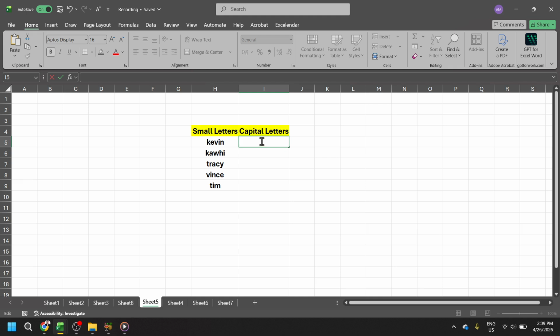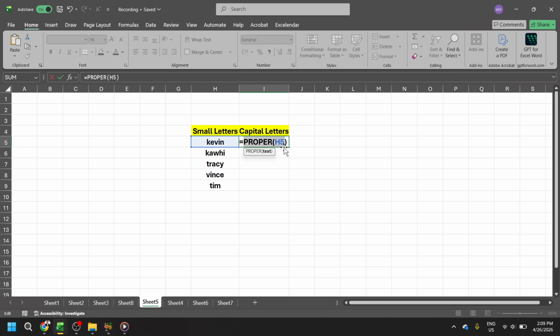Now let's start typing our formula into the cell you previously selected. Every formula in Excel begins with an equal sign, so type an equal sign, followed by the word PROPER. As you type PROPER, you might notice Excel suggesting the function in a drop-down list. You can either finish typing it out or select it from the list. After PROPER, you need to open a parenthesis. So your cell input should currently look like this: equal sign, PROPER, open parenthesis. This parenthesis signals to Excel that you are about to provide the argument, or the specific text, that the PROPER